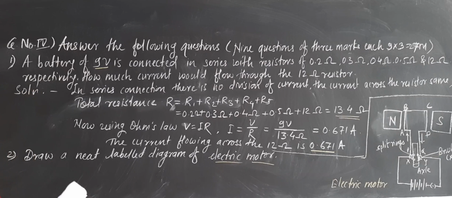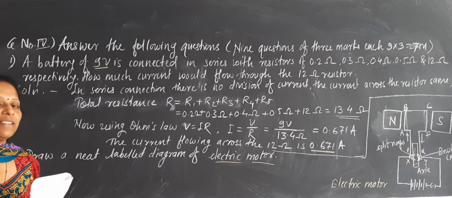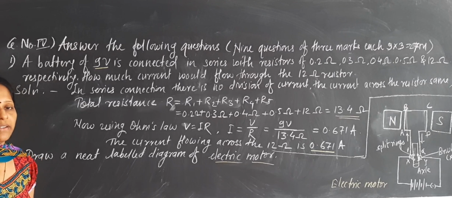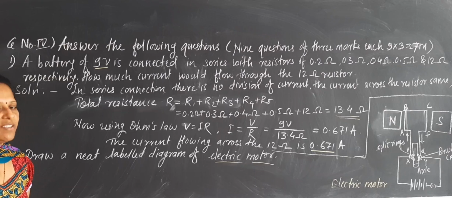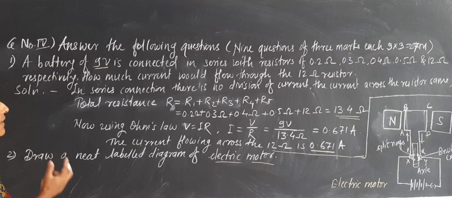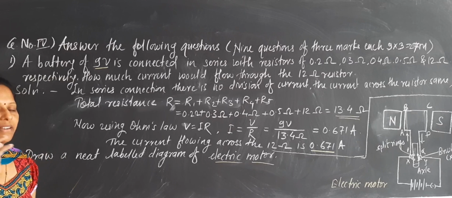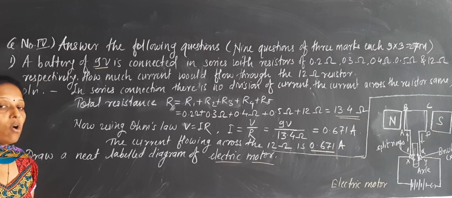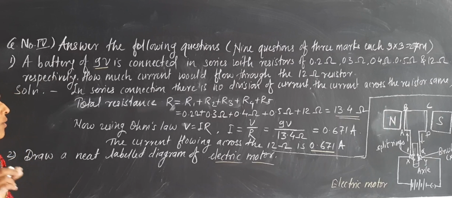So here is the problem solving, and this is from the electricity lesson. As you know, there are series connection and parallel connection. Whenever you calculate the total equivalent resistance, the formulas are there. 1 by Rp is equal to, that is the total equivalent resistance when resistors are connected in parallel. When resistors are connected in series there is a different formula, and for parallel there is a different formula. All the formulas are very important.